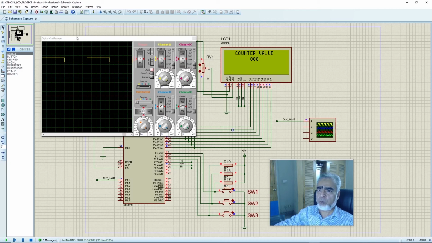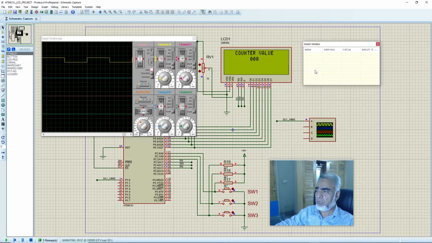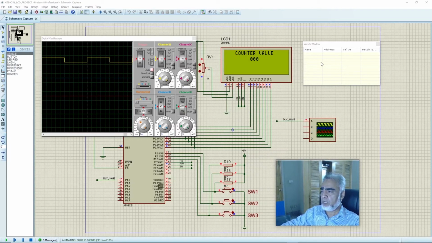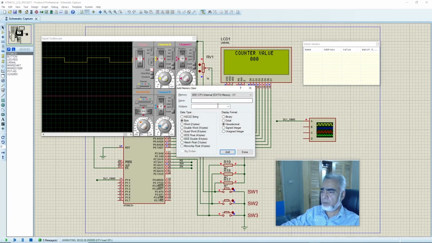For this, we will go to Debug and open the watch window, and here we will add the address of the debouncing delay registers. The address of debouncing delay register 1 is 3AH, register 2 is 3BH, and register 3 is 3CH. Now we'll use these 3 registers to debug our program. Right click, add item by address, and write 0x003A, add,